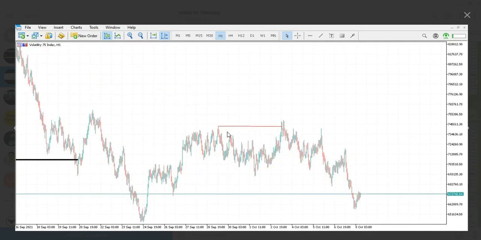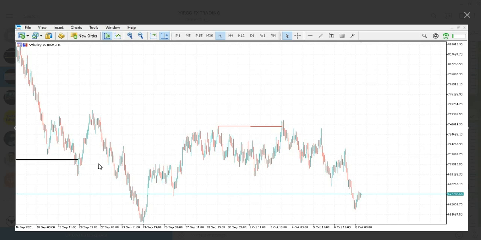Let's see, it's up here. So this shows that there was liquidity above this candle. So this candle had to clear this liquidity, or you can say this is your stop hunt. So this candle came to mitigate this candle right here on our left, the last up candle prior to the move down that broke the structure.